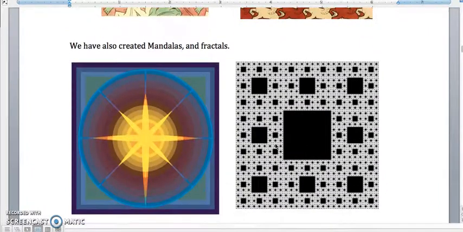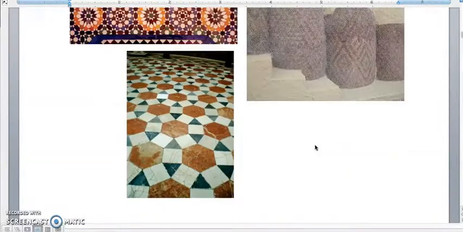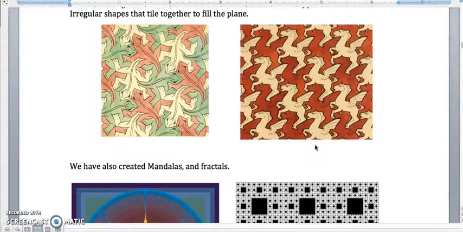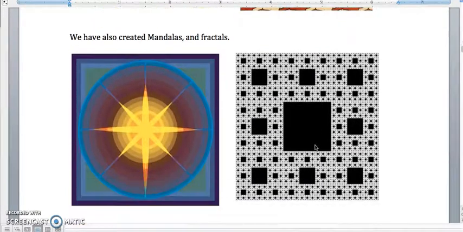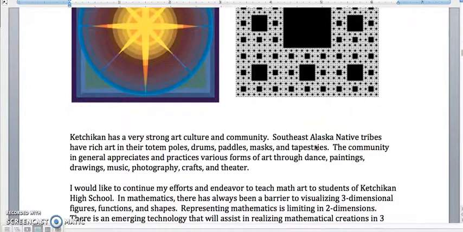We've also worked on mandalas, and this is just one I've gotten online, but we've had students create their own, and we worked a little bit on fractals. So those are some of the things that we've worked on in the class already in 2 dimensions with paper, pencil, and colored pencils. So basically pretty cool stuff. But when I started looking into what technology I can use, I really got into this 3D printing because, well,